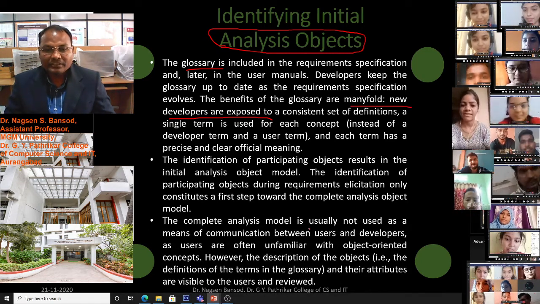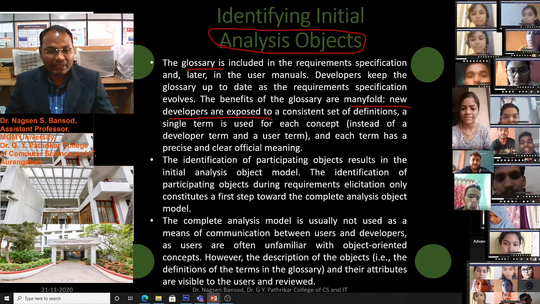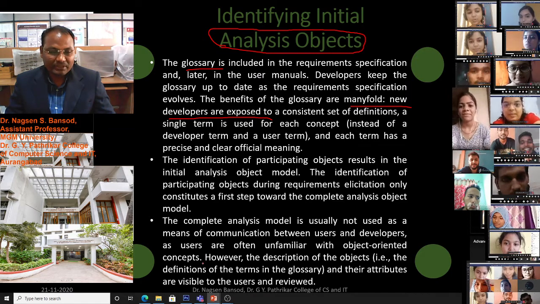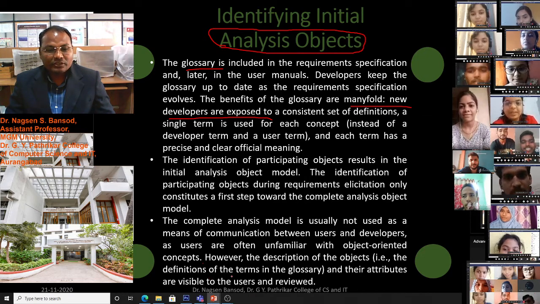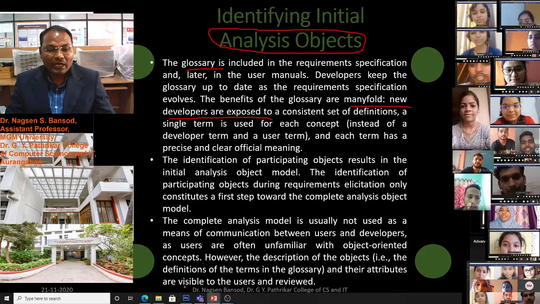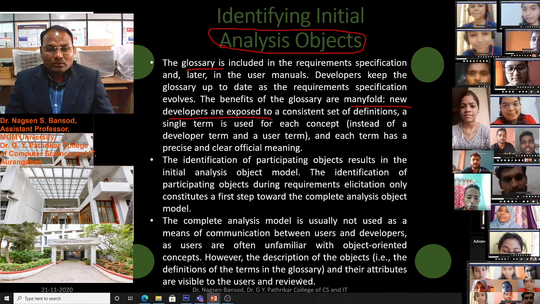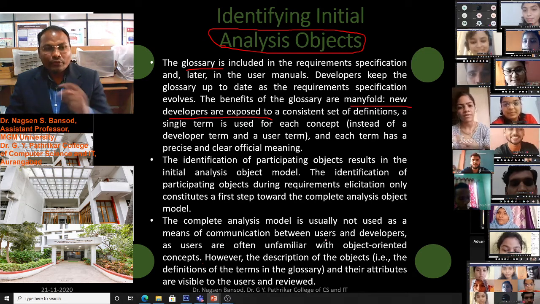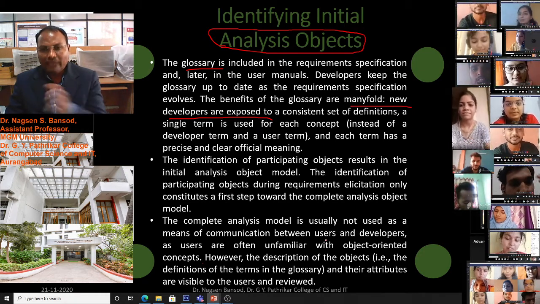The complete analysis model is usually not used as a means of communication between user and developer, as users are often unfamiliar with object-oriented concepts. However, the description of the objects, that is the definition of the terms in the glossary, and their attributes are visible to the user and reviewed. We do not take the complete communication into the analysis purpose.